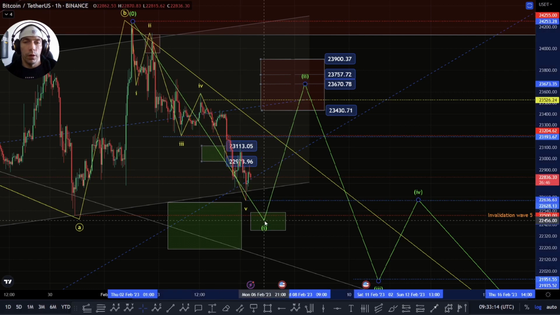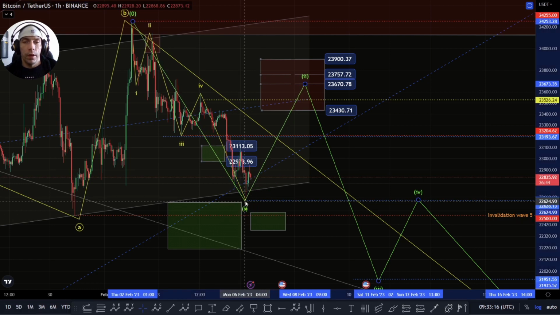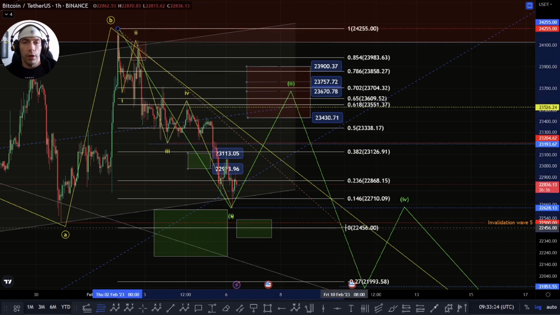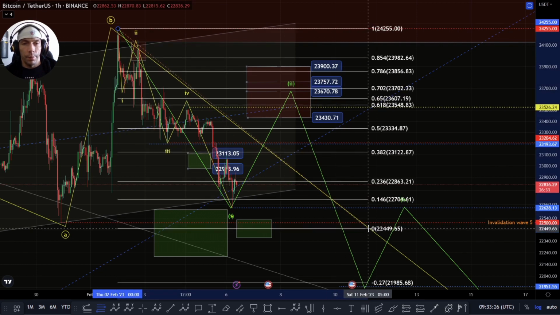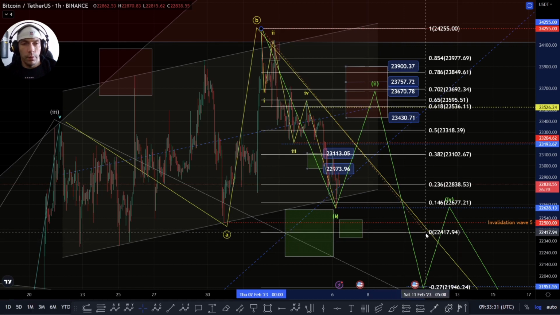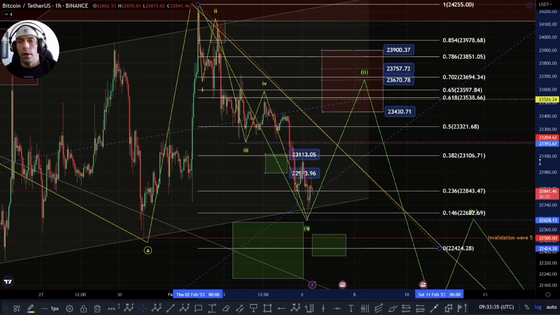So even if we do move down slightly deeper here, we would be looking for this move back to the upside and seeing if we get this rejection within this option. If we do move down a bit lower, it would change this target range, and it depends exactly where in this green box we end up. If we argue we come down to test some of these points here,